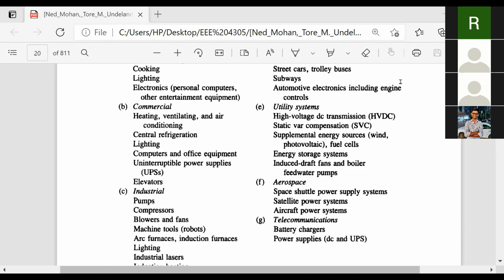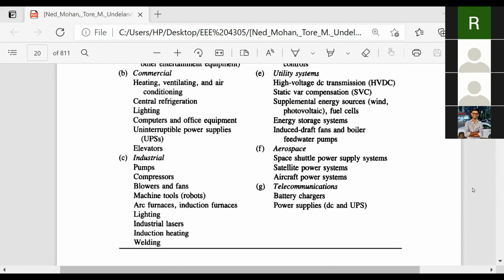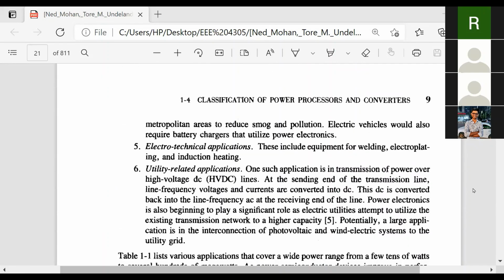Hello? Hello? You can go to the Rashid book. Can you hear me? Yes, sir. We can hear you. So you can go to the Rashid book and look at the different types of applications. Okay. Now,